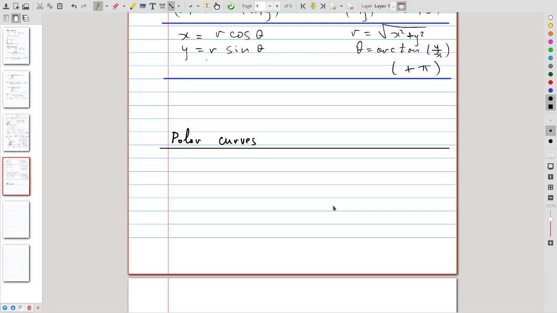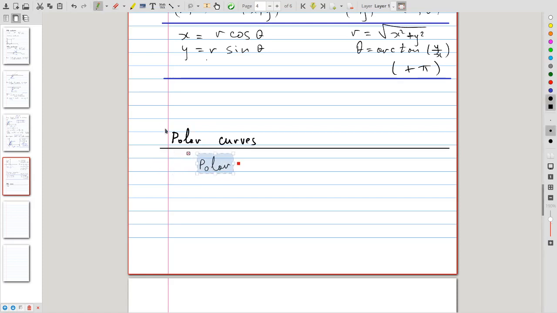Now that we have seen the convergence between polar and Cartesian coordinates, our next goal will be porting to the polar context all the things we could do with Cartesian coordinates. So the thing to start with will be dealing with curves in polar coordinates. First we need to think about what a curve is and how we write down a curve in polar coordinates. So the way to do it will be